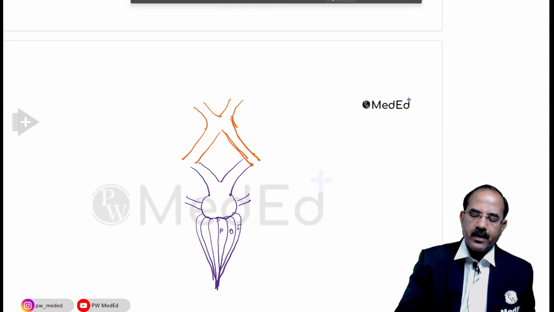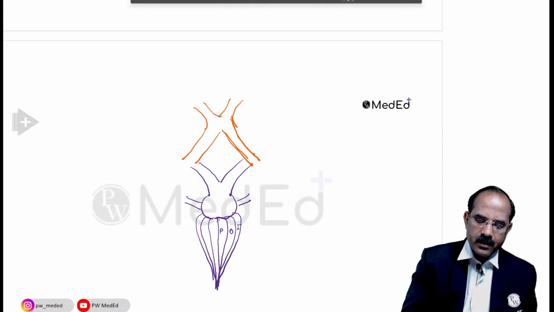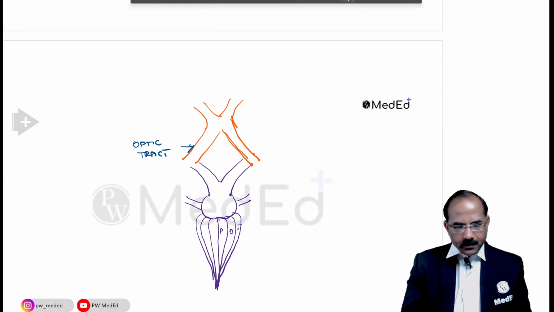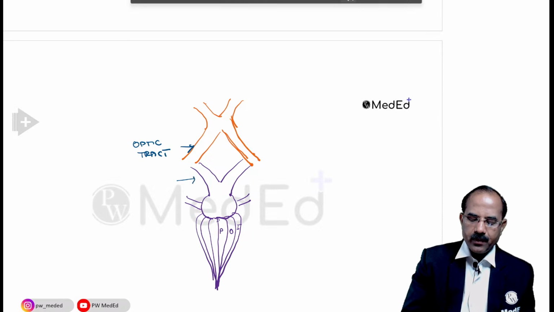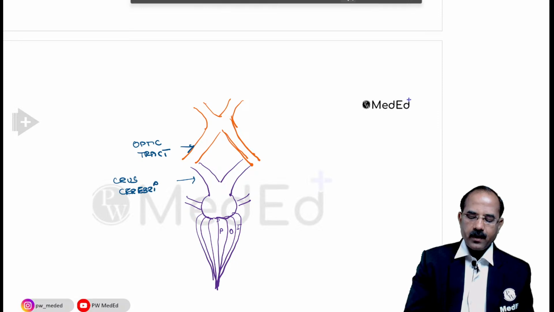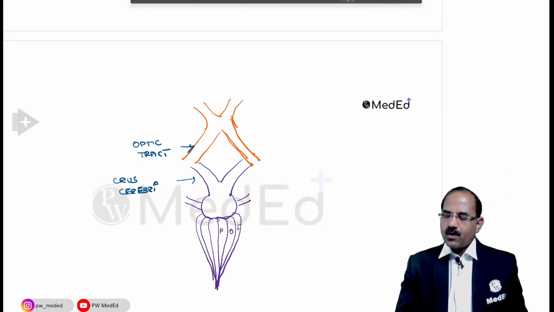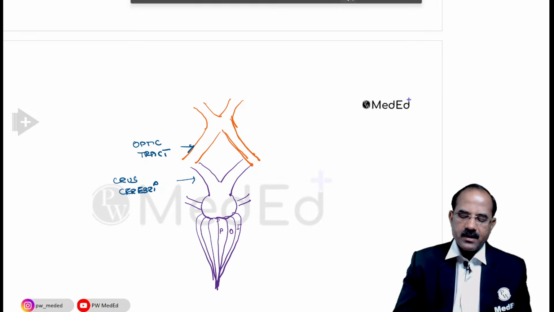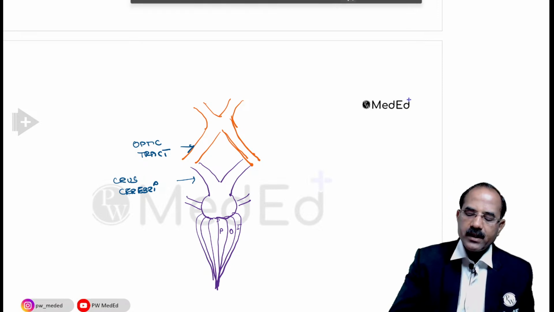Anterolateral is the optic tract. And posterolateral is the crus cerebri. Anterolateral is the optic tract, posterolateral is the crus cerebri, and what is the floor of the interpeduncular fossa